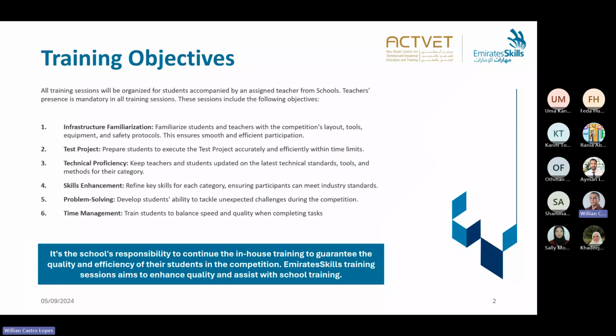So here are some objectives of our trainings. As I told you, we're going to have three sections where I will train you and guide you to prepare your students for competition. Next meeting, I will show you the infrastructure theorization. I'll show you now the layout, but we don't have the material yet. It's a new skill, so we raised the PR. They are purchasing the material. I think next week they will deliver it to me, and I will prepare and show you